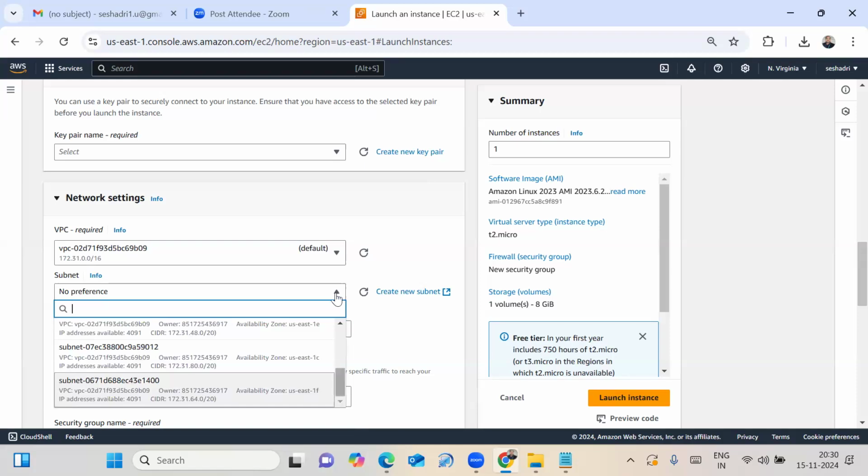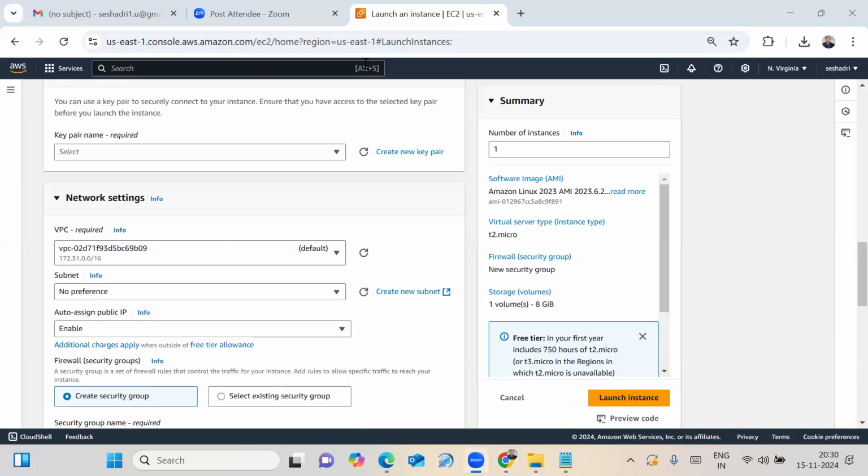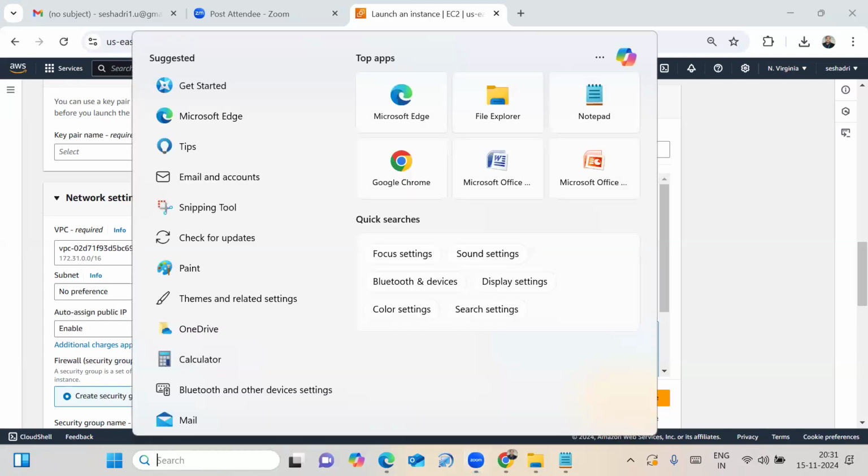Subnet is nothing but the availability zones. I'll tell you how to create your subnet. How many availability zones are there in the North Virginia region? 6 availability zones are there.